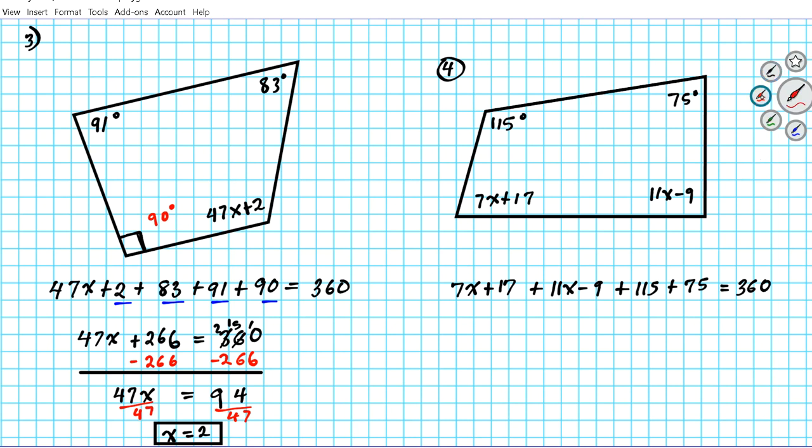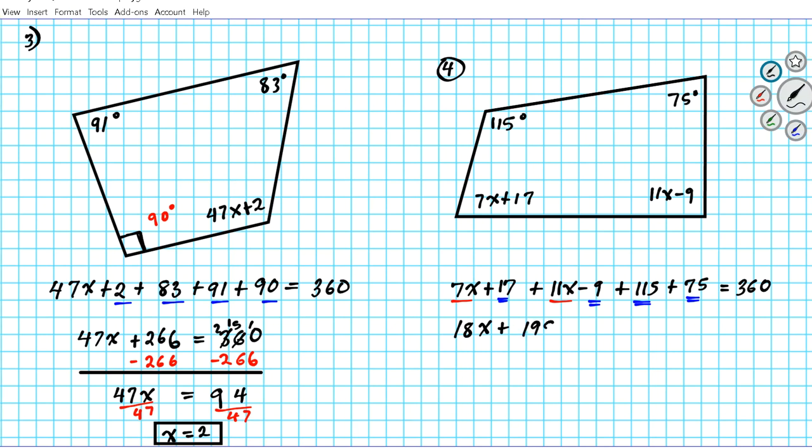Now let's solve this resulting algebraic equation. We're going to combine like terms on the left side. Let's combine the variables in terms of x of the first degree. 7x plus 11x is 18x. And then we're going to combine the constants next. 17 minus 9 plus 115 plus 75. All right, so we add all that together, combine those numbers. That's going to give us